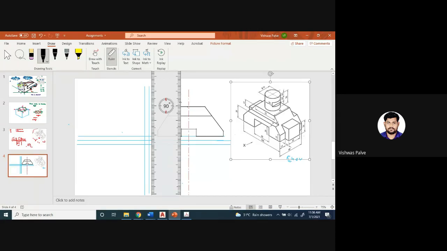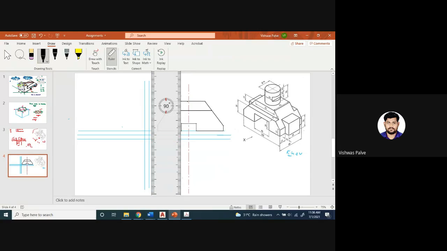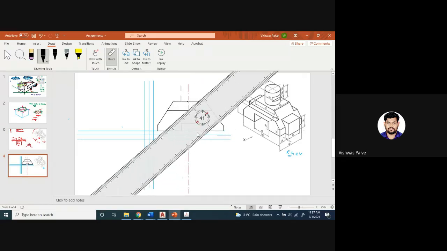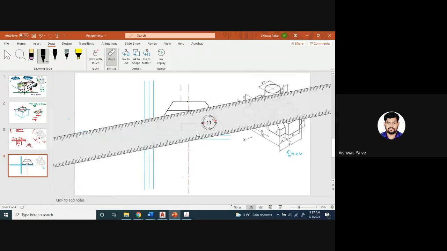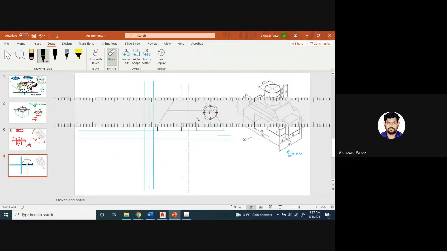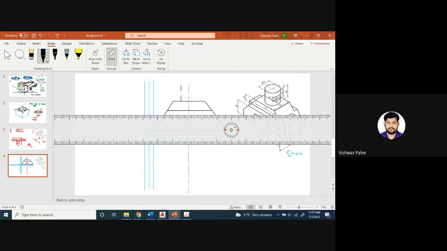So for representing that slot, I'll draw a 10 millimeter line, then I'll leave a 10 millimeter gap, and again I'll draw a 10 millimeter vertical line. Similarly, on the other side, this gap is the same on the other side also. Okay, it has not been seen here, but it is always a symmetrical gap.